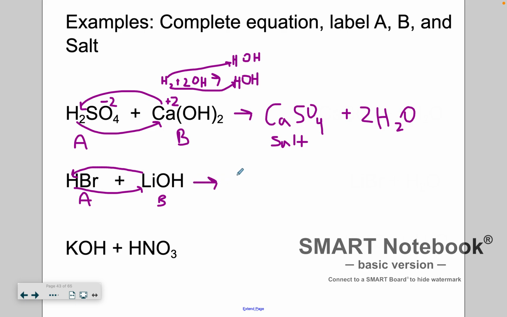So for my salt, I put my positive cation first, Li. If I look at the periodic table, it's a +1 charge. Br, bromine, is a halogen, group 17. Looking at the periodic table, it's a -1. That's easy. LiBr, +1 -1 cancels out. Lithium bromide. Plus